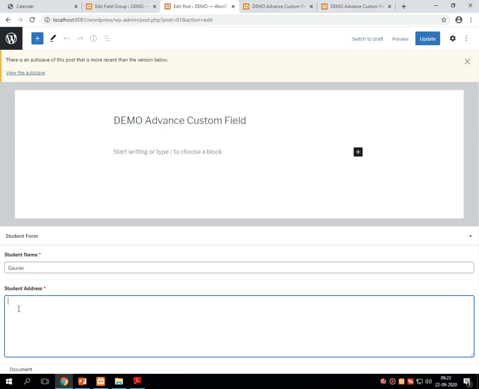So let me enter the student address now. Opposite Fire Brigade, Kote Chachok, Kalawad Road. That's it. I don't want to go for blah blah blah. So I'm just updating this post.